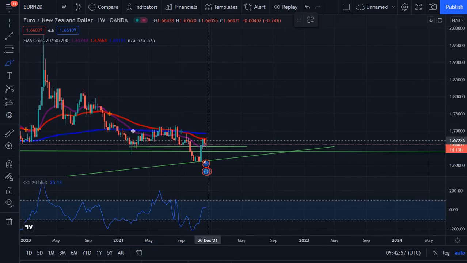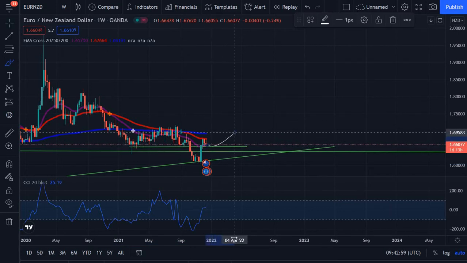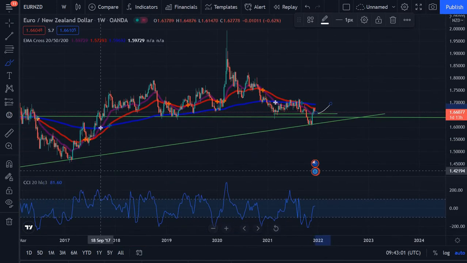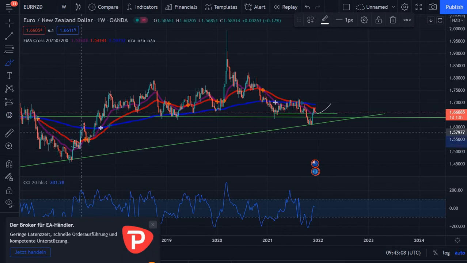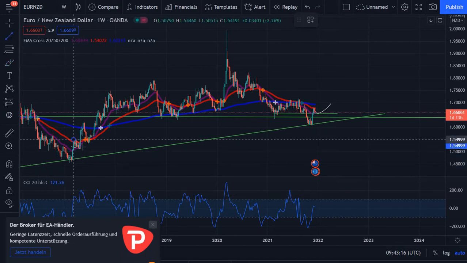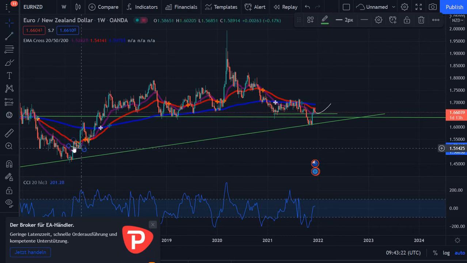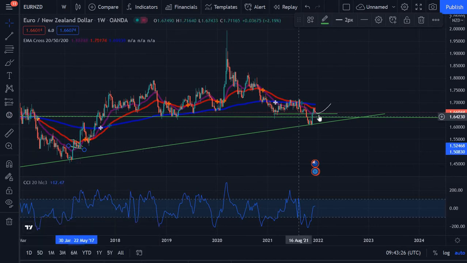So we could turn around here and go to the upside, something that was similar to here, where we had this push up and then moved all the way up to the upside. Here kind of a bit of a triangle was being formed, and it took us around 7-8 weeks or 2 months, which could